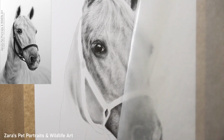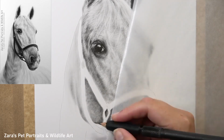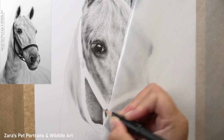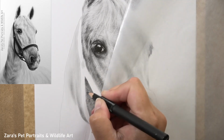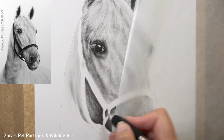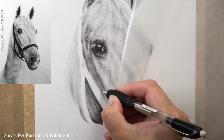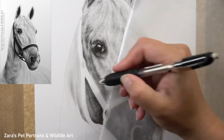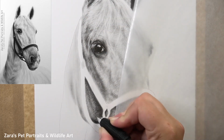So if maybe you've worked on something for 5 hours, add 10 to 15 hours to it. You want to be making sure that that layering process is given the right amount of time. If I add 10 to 15 layers here, each one of those layers can't be done in a couple of minutes. So therefore each layer might necessarily take an hour. So it's just about making sure that that portrait is given the right amount of time, because often if we're only doing something for an hour or 2 hours, we're skipping through very important stages that will show when that